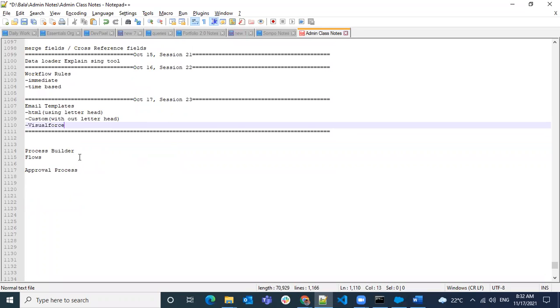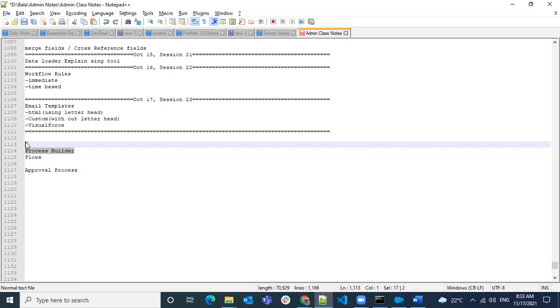Here, I'm just giving a quick introduction about Process Builder. Rules we can see. It has an entry criteria and a record evaluation criteria. There you have evaluation criteria as three: whether the record is created, or record edited and subsequently made the criteria.